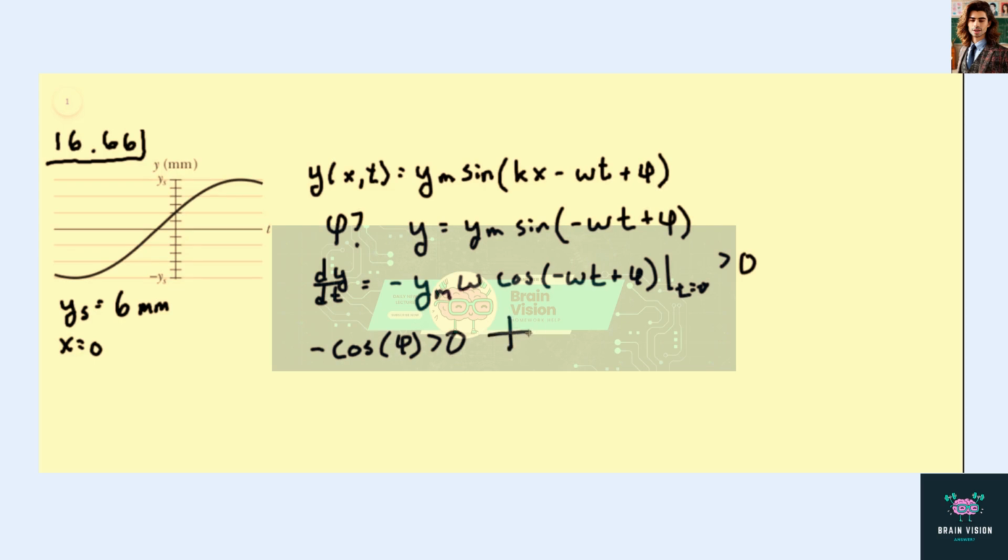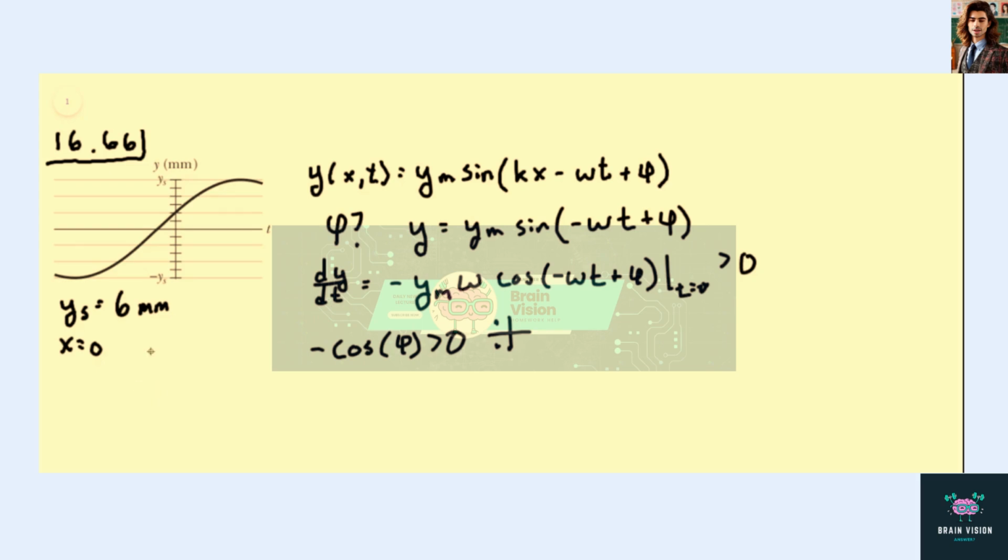So this implies that our angle is somewhere in the second or third quadrant. And so we need to be careful when evaluating the arc sine for the angle, to make sure that we get an angle that's in the second or third quadrant. This is the first quadrant. So